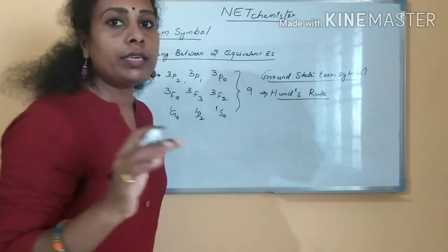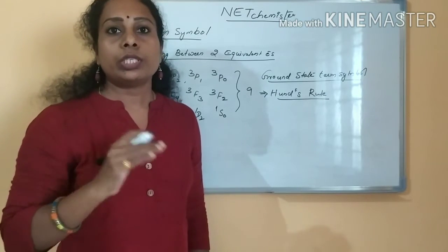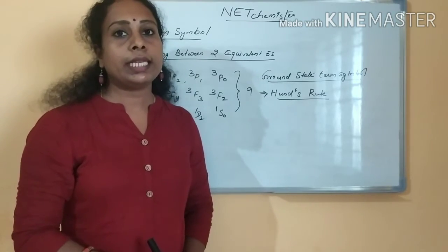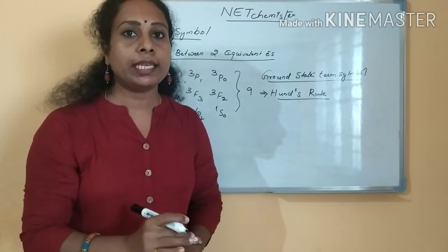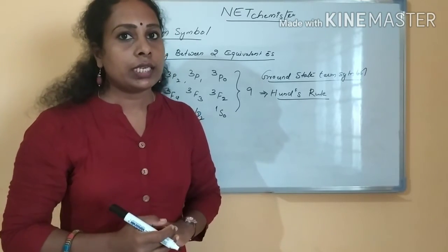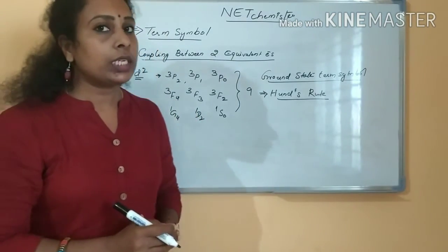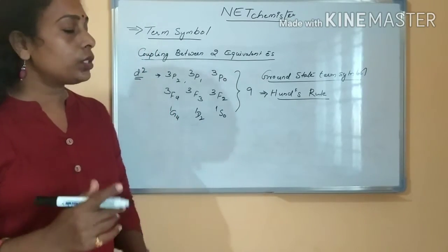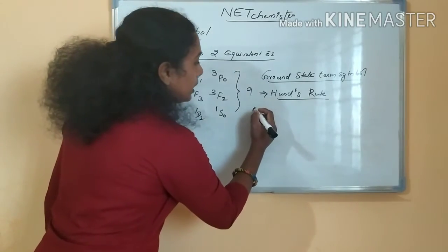Hund's rule, used to predict the ground state term symbol. What is Hund's rule saying? There are four postulates to predict the ground state term symbol. What is the ground state term symbol as per Hund's rule? The first one is...